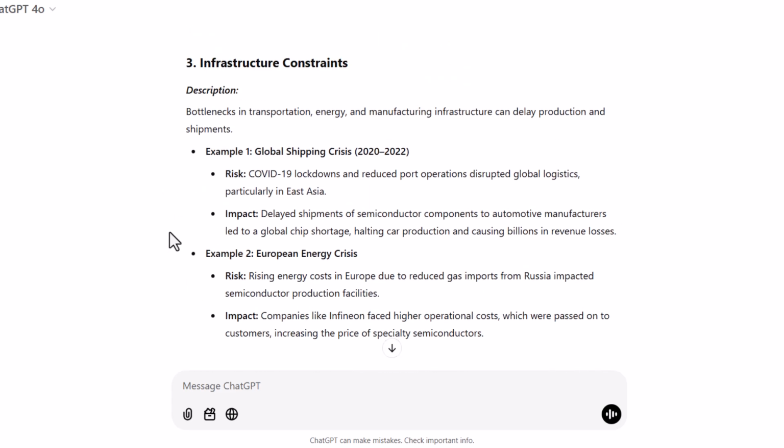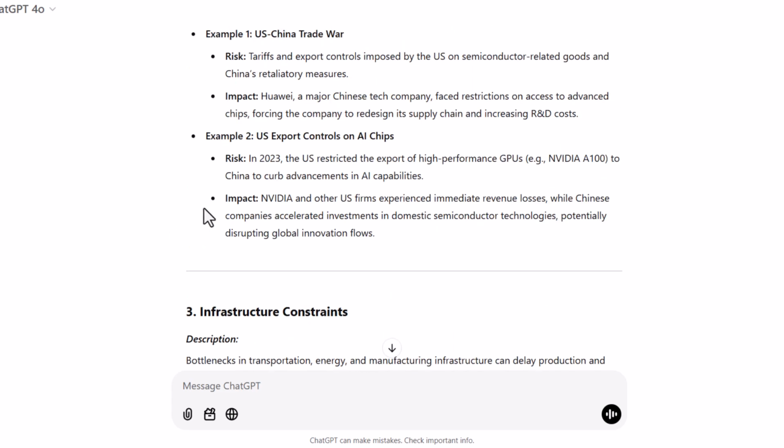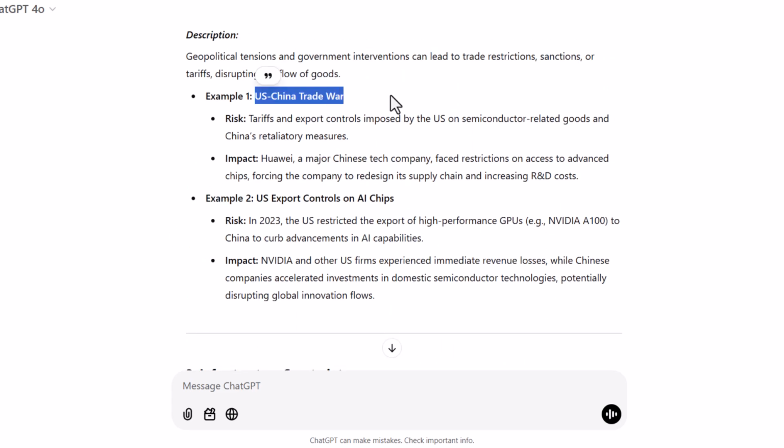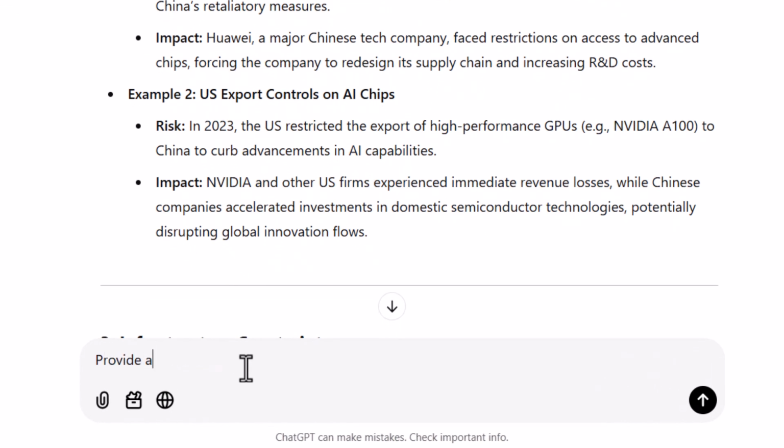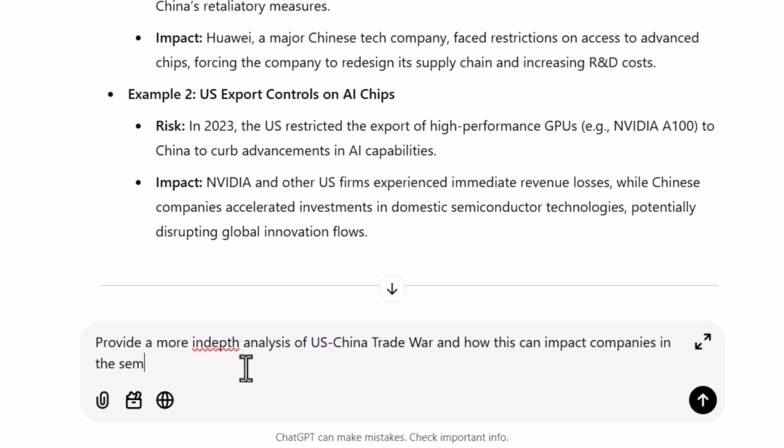So from here, we can ask some follow-up questions as well. Maybe we want to inquire further about a specific topic. So I can ask ChatGPT to provide a more in-depth analysis of the US-China trade war and how this can impact companies in the semiconductor industry. So here I could just submit this, but what I'm going to do is I'm actually going to toggle the search function on, and this will allow ChatGPT to search the internet so it can give us current up-to-date information